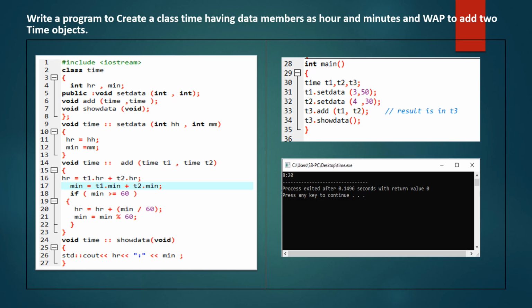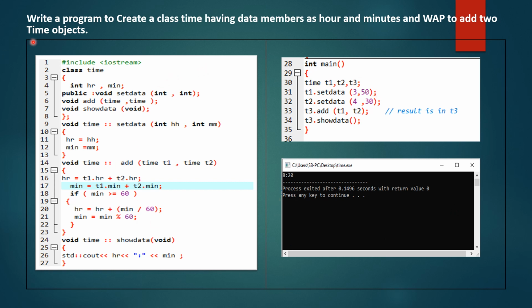Now, based on pass by value and pass by reference, first we will see with the help of one example how to write a simple program of a class. When will you need to pass an object as an argument? For example, suppose there is a complex data type, for example a time object, a distance object, or a complex number. If you want to add two time objects, two distances, or two complex numbers, in that case we can pass the object as a function argument.